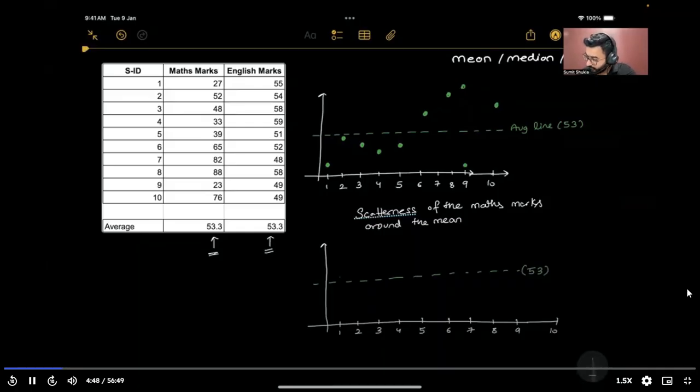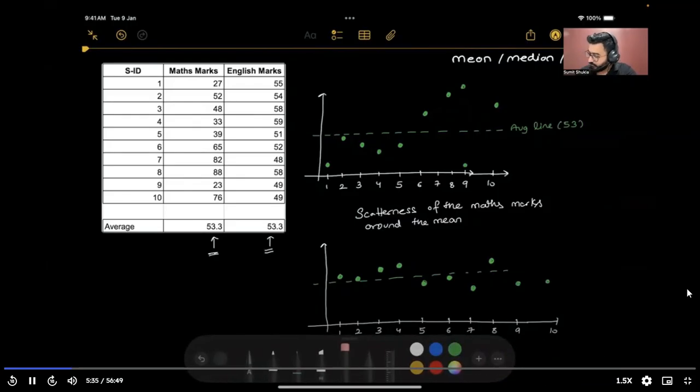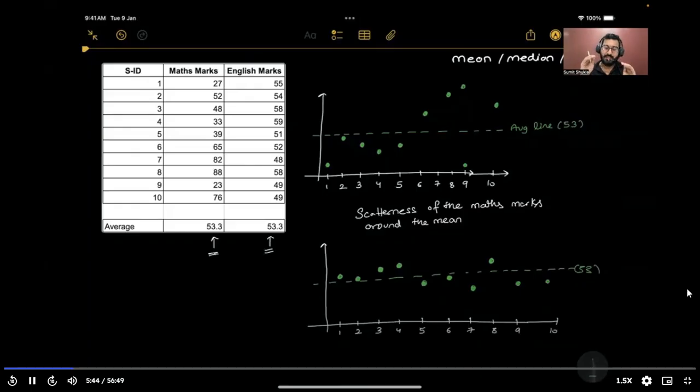Now let's plot. First is 55, a little bit over here. Then 54, again over here. 58, a little bit on this side. 59, 51, 52, then 48, 58, 49, and 49. And let me just change this, let's increase it a little bit. 53. Now, if you closely observe, the scatterness of the marks for math is really high, while the scatterness of